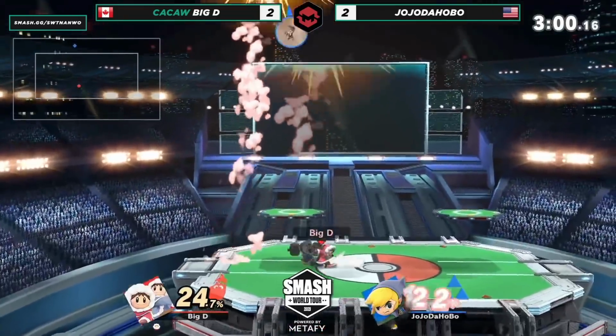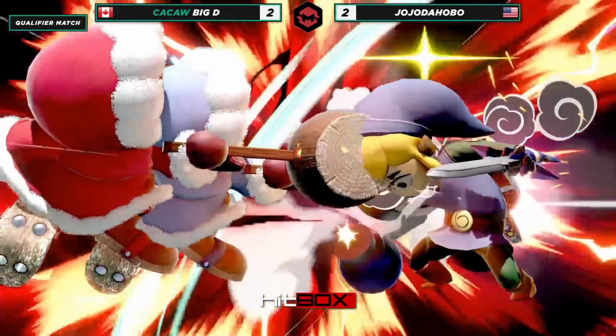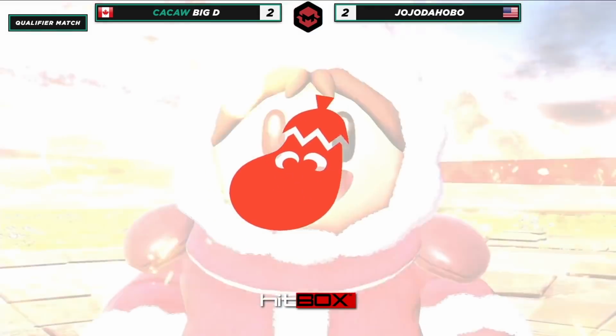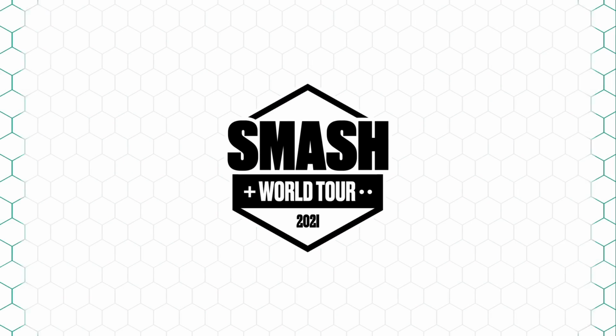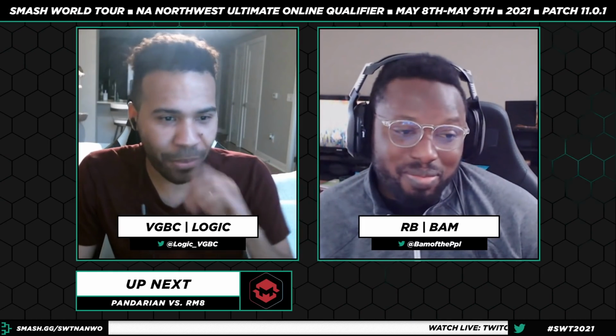Yeah, you know. Reverse up smash? You can't call it quits. And the bear, is that it? Yes, it is. And Big D coming out on top. It all went downhill from the unfortunate self-destruct. You know, life comes at you fast, bro. Wow. Man. That was just such an unfortunate series of events. JoJo had such a huge lead, had the self-destruct, and Big D said, I don't know if you're